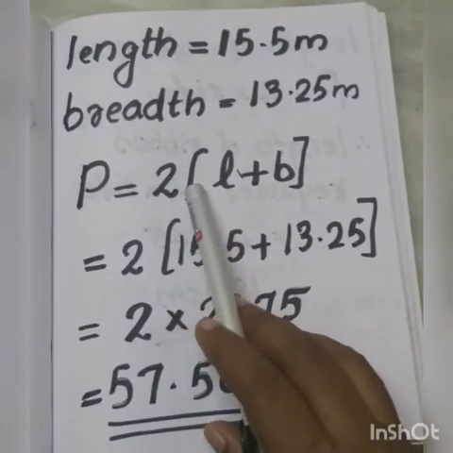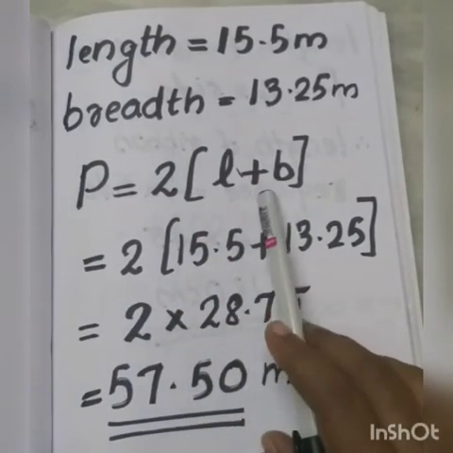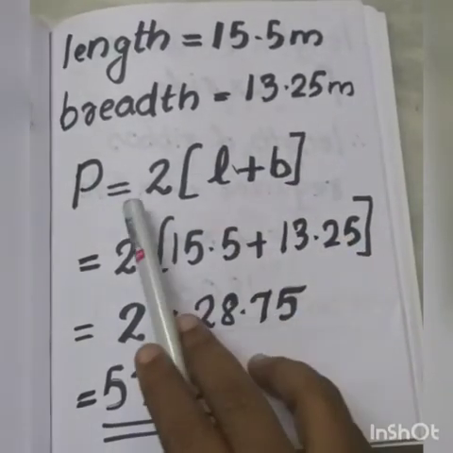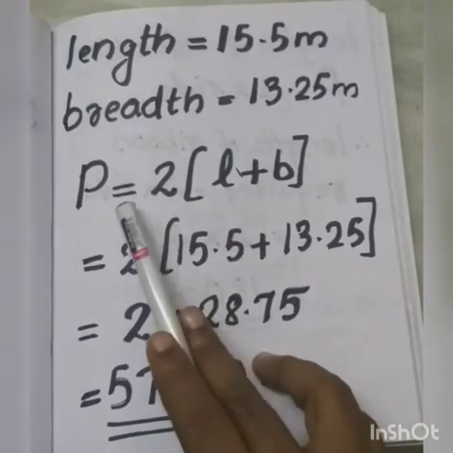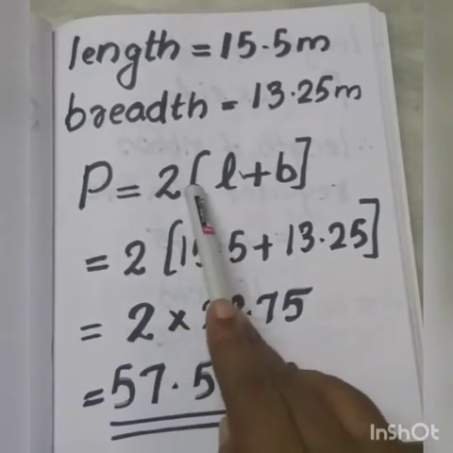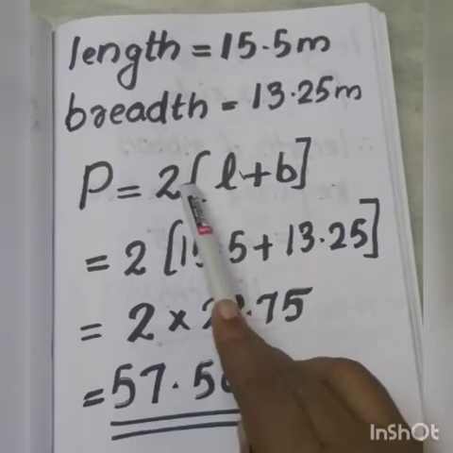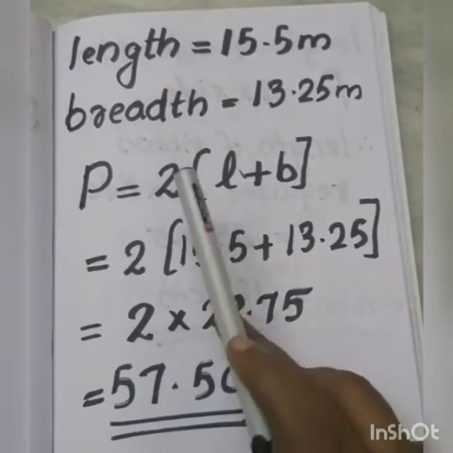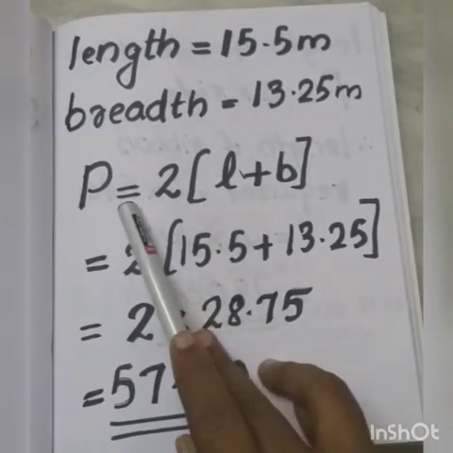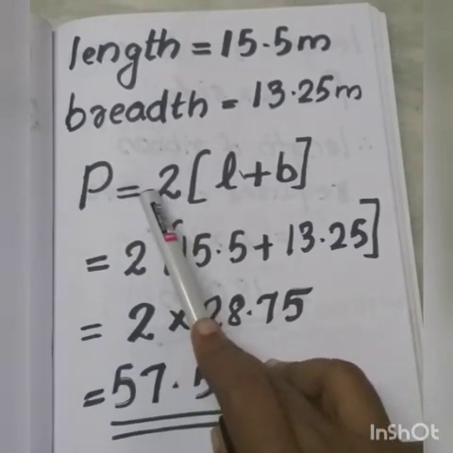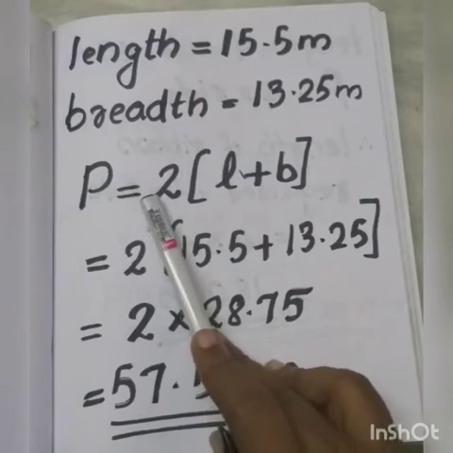Yes, 2 into (L plus B). Length and breadth are given, so we can substitute. If we find the perimeter of the garden, that much boundary distance we have to fence. They have asked the length of fencing, so in order to find it, we just need to find